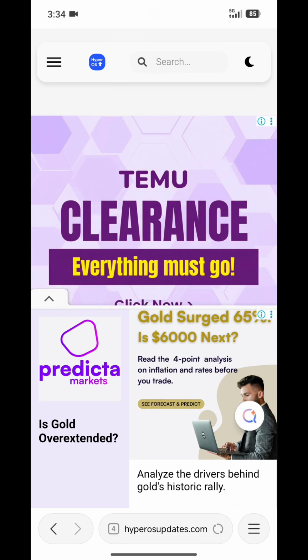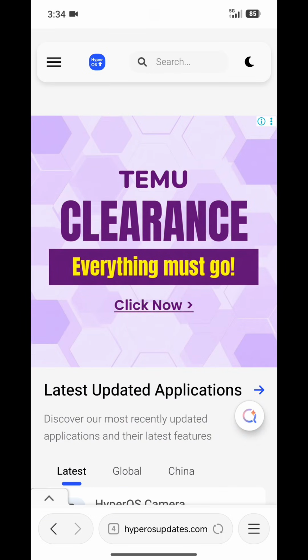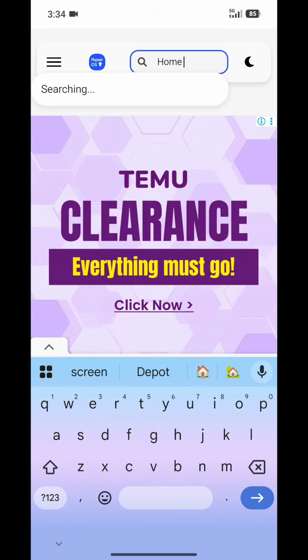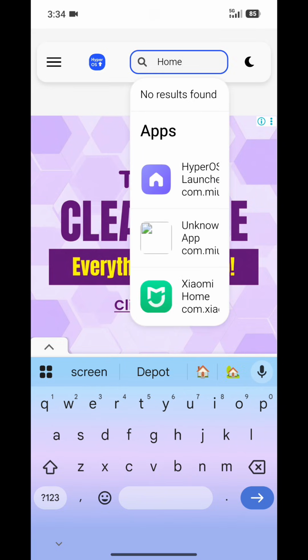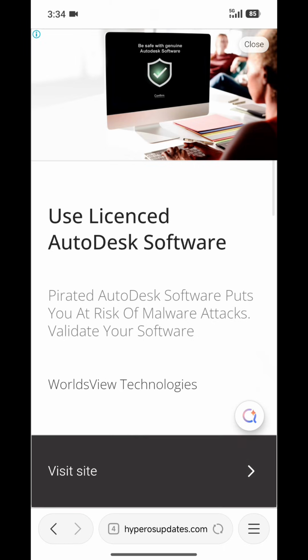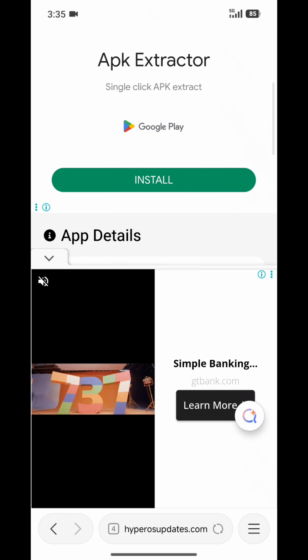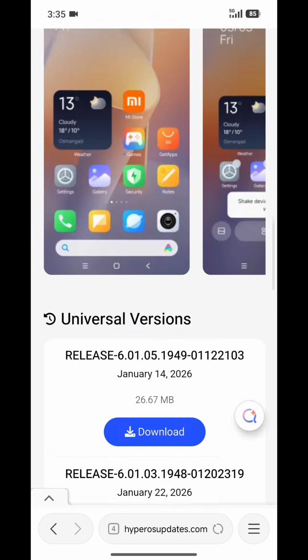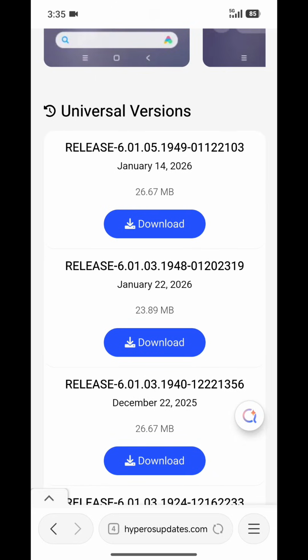Let me have this ad, so you search for home. I'm really sorry guys, I'm just mistyping a lot of things. So you search for home, you go to the search bar there, you search for home. All right, so you click on that, and then there's just too many ads on this website. So let me close this ad. So I've closed it. So let me drop this down, and then you scroll, and you choose the first